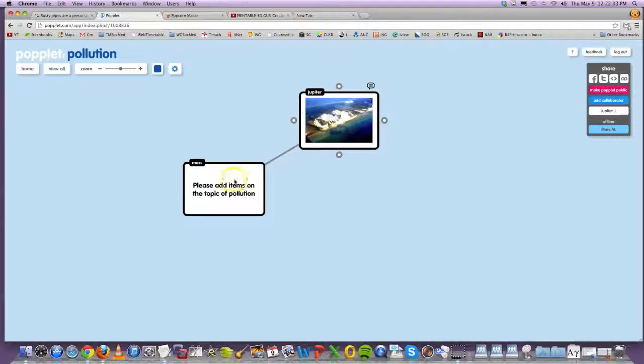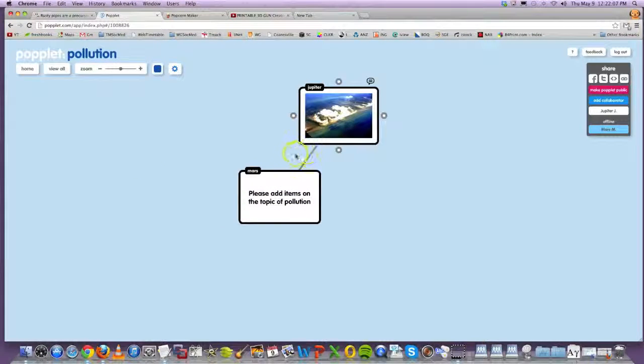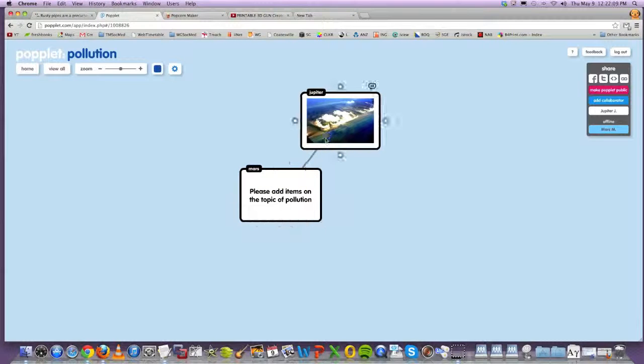So Poplet's something that you can see building in real time. So I'm actually logged in as Jupiter on another computer. So as Mars, I'm the owner of this Poplet, and Jupiter J is the collaborator. So I might make another little string out, a little box out here, and this time I'm going to add